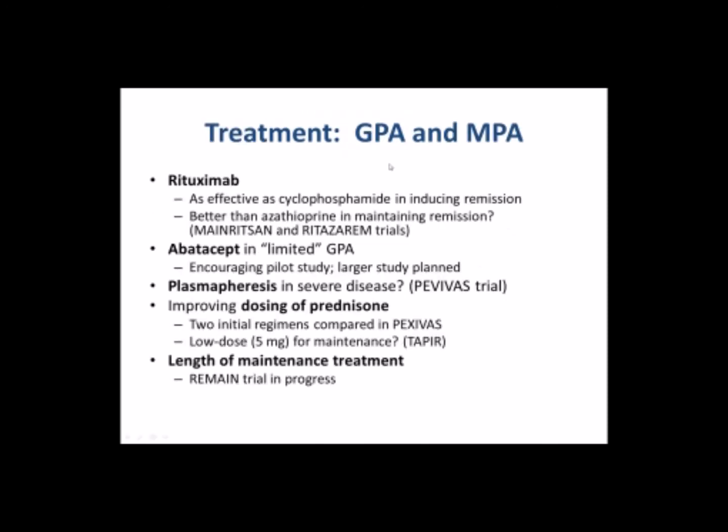So for treatment of GPA and MPA, the big finding is rituximab is as effective. This is an antibody that gets rid of B lymphocytes. So those are the cells that make antibodies. It's pretty much a sledgehammer, although not as much as cyclophosphamide, which is essentially chemotherapy. It's still an immune suppressive drug, still has risk of infection, but it is lacking in some of the other side effects. So knowing that it's as effective as this more old-fashioned drug was a nice advance.